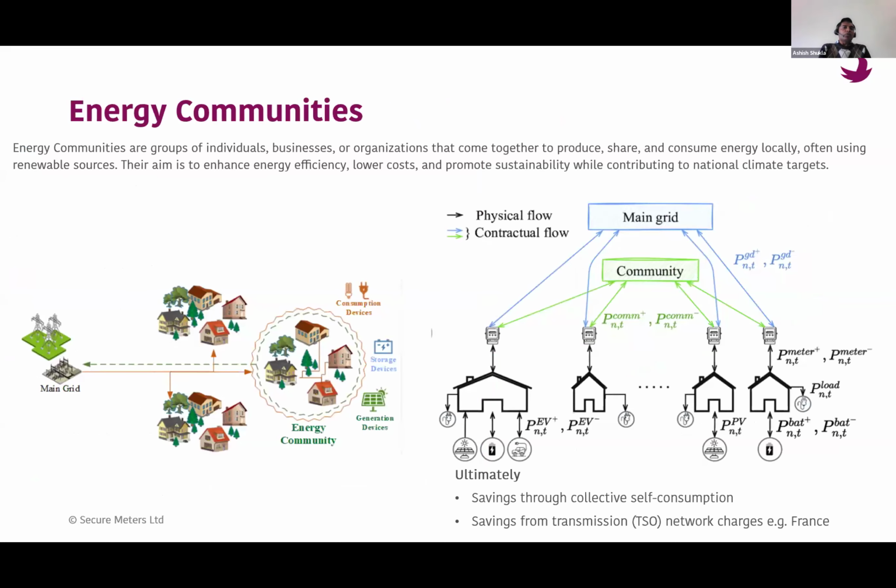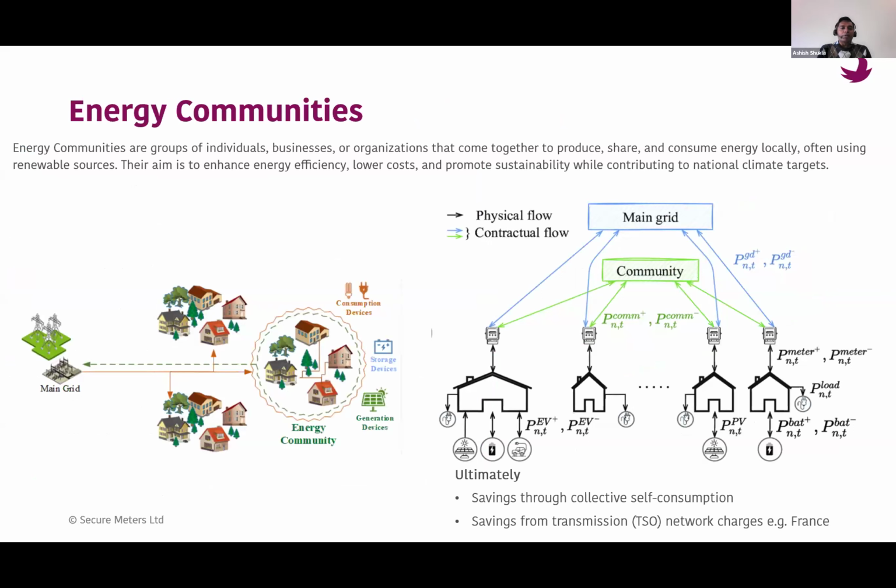And I think last time I also talked about energy communities. In the previous example, we saw how, as a home or as an individual, I can contribute towards sustainability, cost optimization, things like that. The same thing can be done at the community level. How can it be done at the community level?